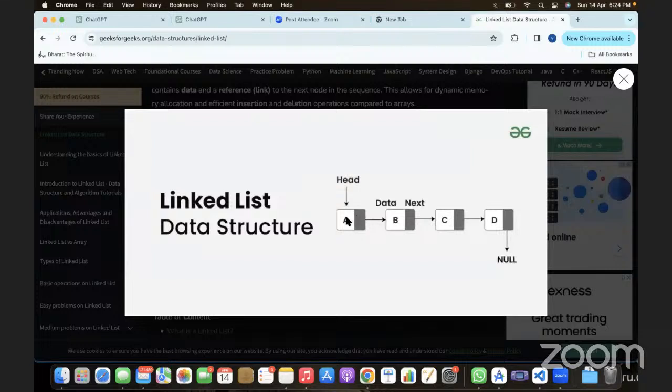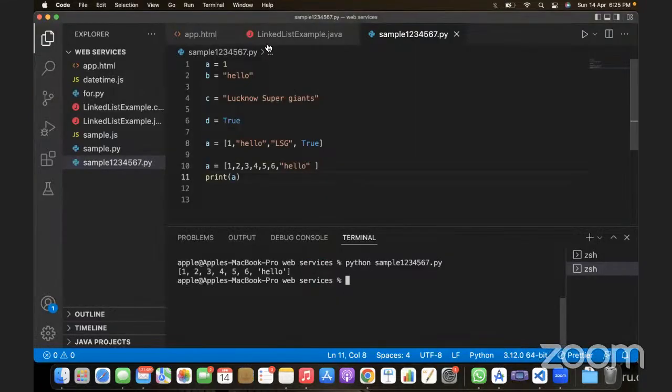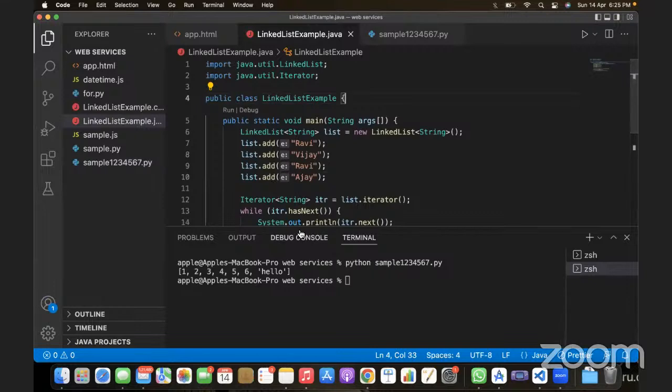Assume this is like a chain. In a chain, this is the first node, this is the second node. But how do we go from the first node to the second node? How do we know which is the second node? Each node contains the value and it also contains a value which is telling what the next value is. So I will show you with an example. So here in our linked list